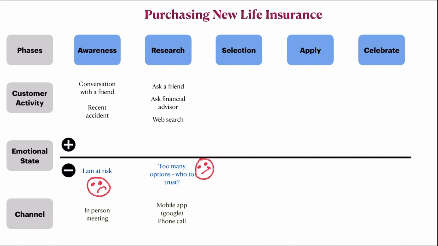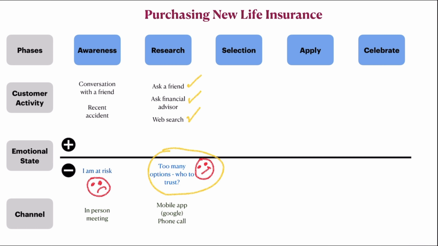In the research phase, the customer may ask a friend about what to do or who they may be using currently as a life insurance provider. They may talk to their financial advisor, or simply, like the majority of us, go online to search for options and companies that may be able to provide that service to them. And of course, again, the emotional state here is not too great because